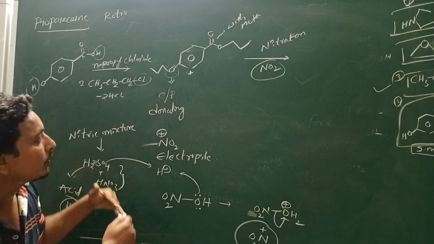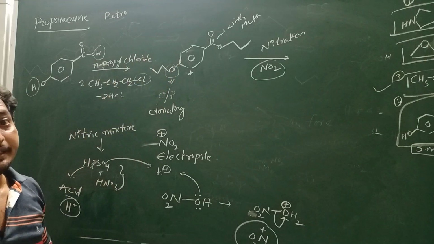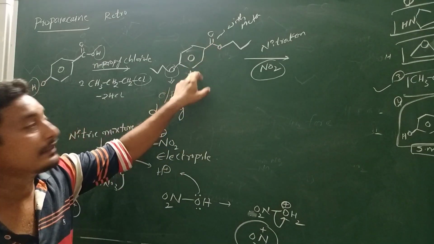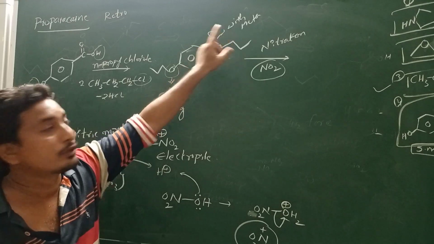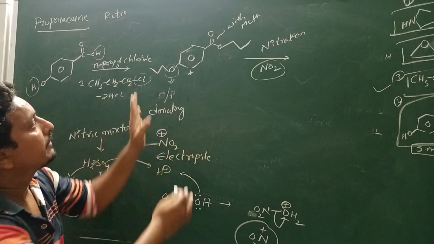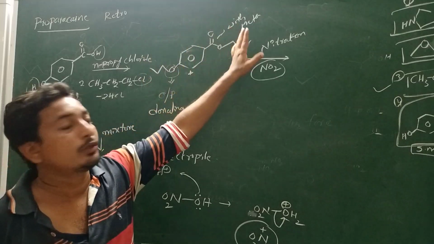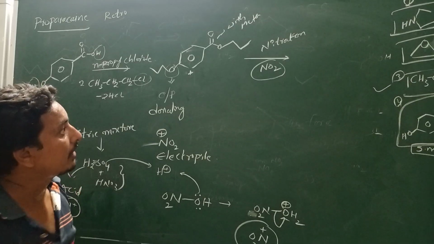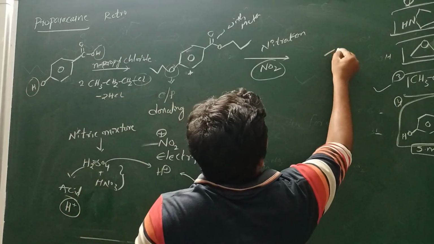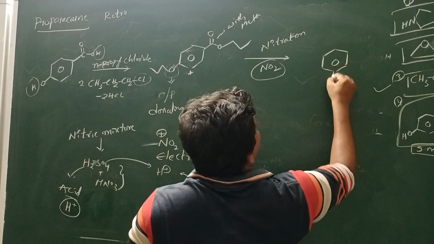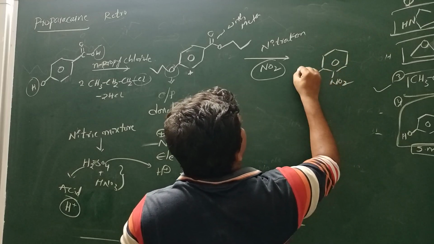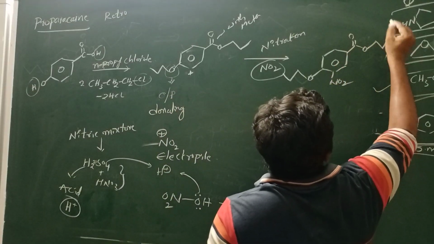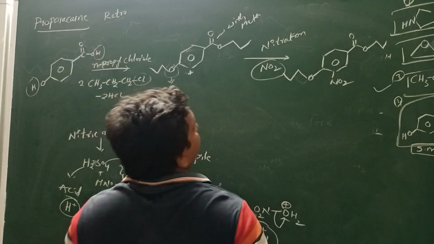So the electrophile will take place at the ortho position. In case of an electron withdrawing group, the meta position is the position for the withdrawing group. So here, in case of electron donating group and withdrawing group, this position is the right place for NO2 addition. Okay, and the compound is, so NO2 is taken like this and C double bond O like this.